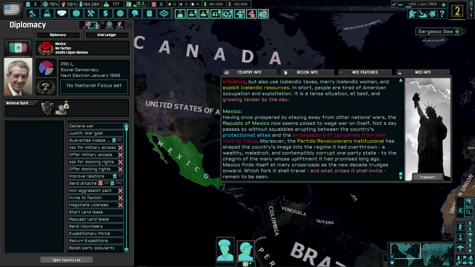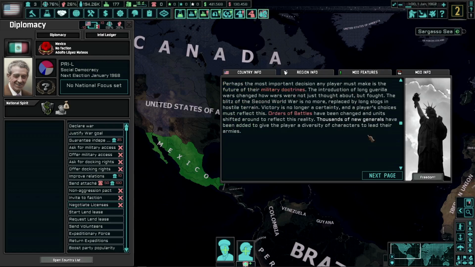Mexico finds itself at many crossroads as the new decade trudges onward. Which fork it shall travel, and what crises it shall invite, remain to be seen. Okay, I think that's just about everything. Mod features,